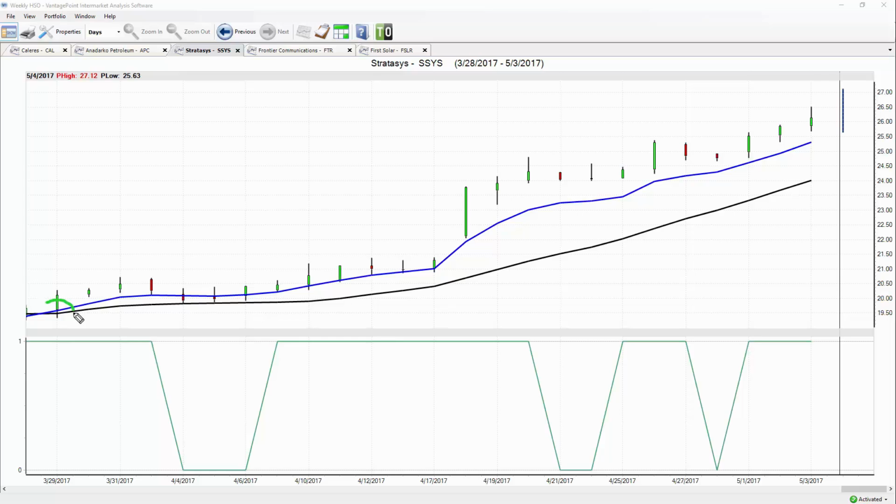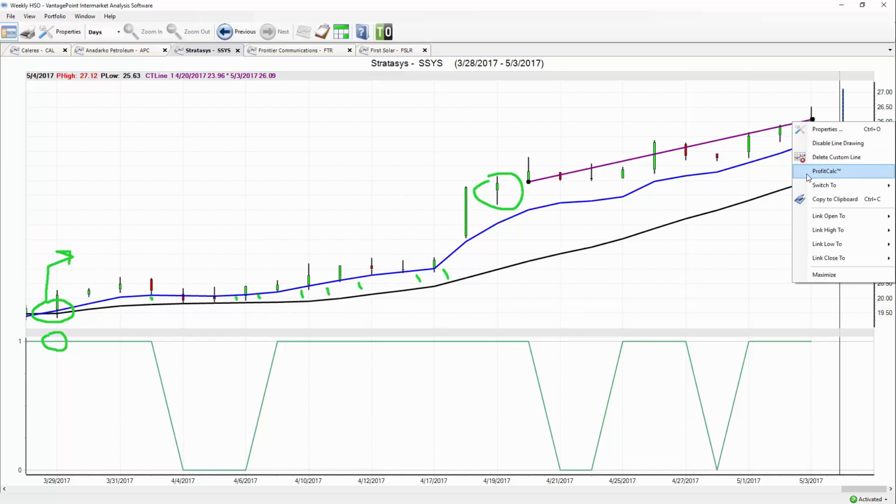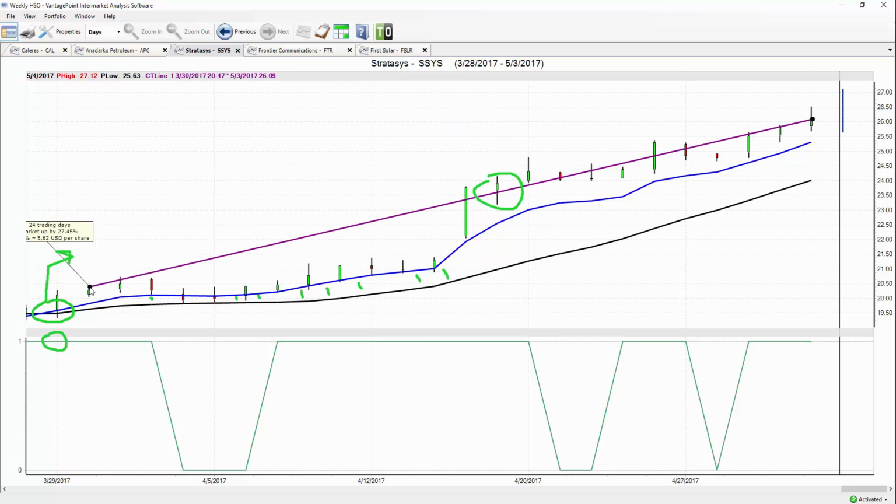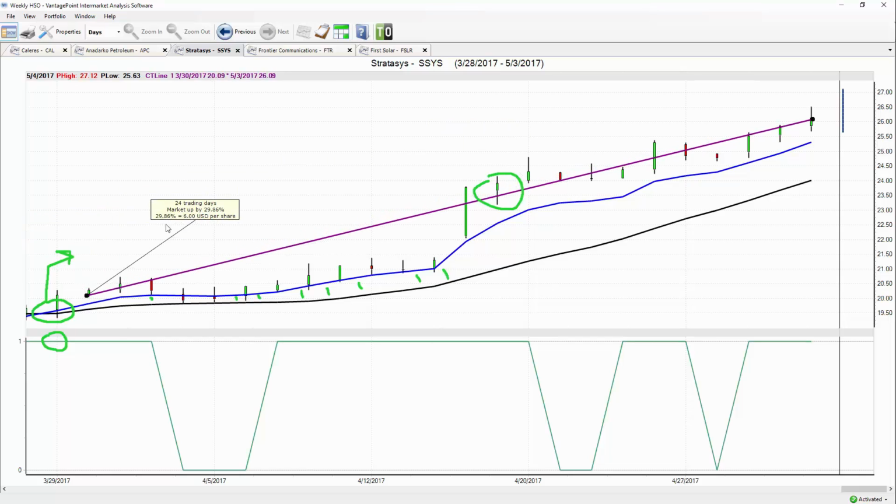A lot of traders end up getting out too early in the market, and we see here that we'd gotten this crossover all the way back in March. Neural index strongly up at a 1, and this blue line strongly above the black line, suggesting the market's going to keep trending higher. We covered this video back here a few weeks ago, and now the market's up another 8% or so just in the past 10 trading days. So in its entirety, you're looking at almost a 30% move,